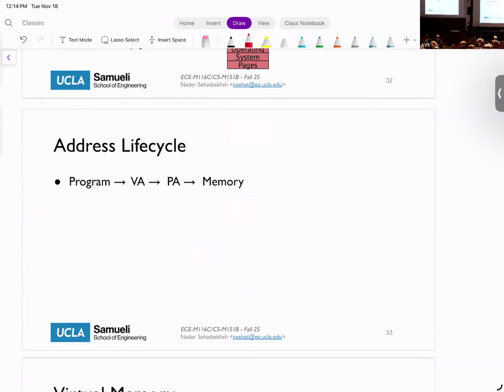Essentially the life cycle of any access to the memory looks like this: you start with a program. This program creates some virtual addresses. For example, think about your array A0, A1, and so on in your program. These will be translated into virtual address 1, virtual address 2, and so on.